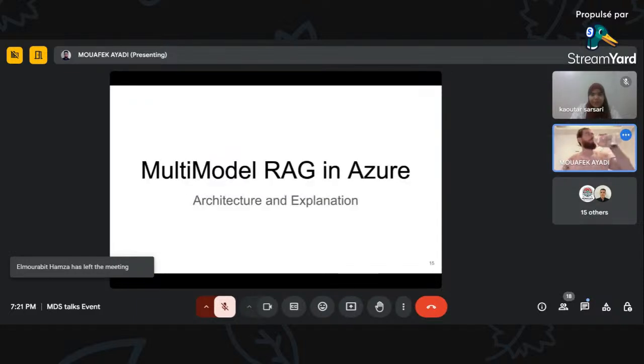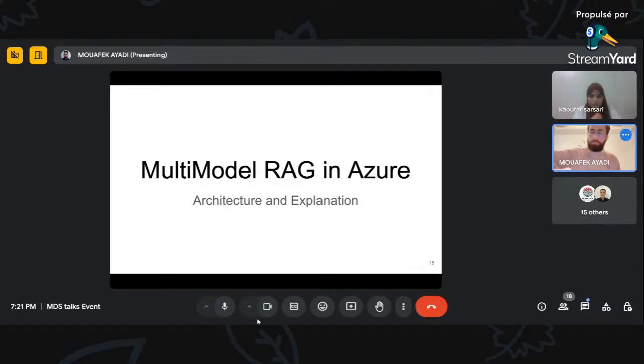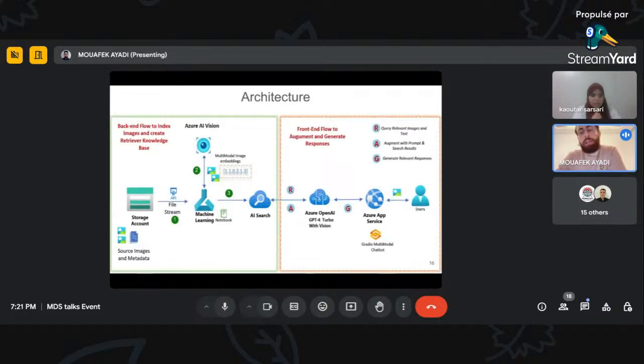So, what is a multi-model RAG in Azure? A multi-model RAG in Azure is what I was already explaining. Let's assume that your data is not PDFs and it's not text. And